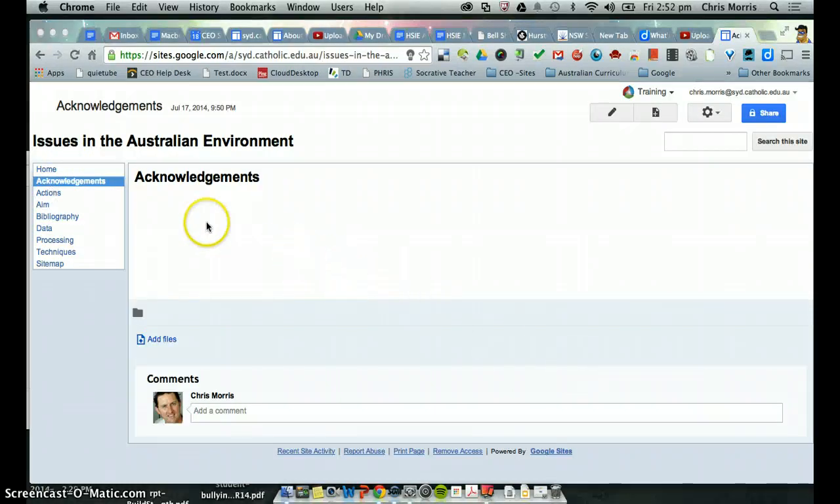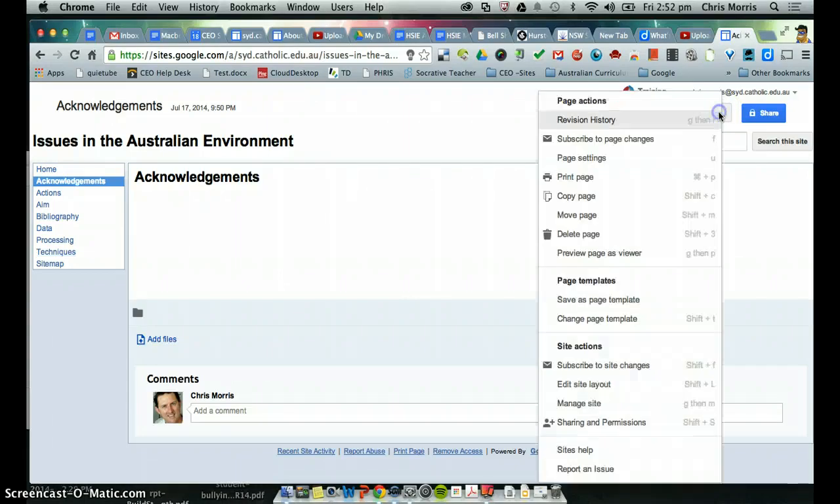Okay, so now we're going to set up our navigation structure across the top here. Kylie's not a big fan of the sidebar, and one of the limitations of the sidebar is the fact that we can't order this. So we're going to set up our horizontal navigation. To do that we go to the gears. The gears generally in Google means going to settings. We're going to edit the site layout,